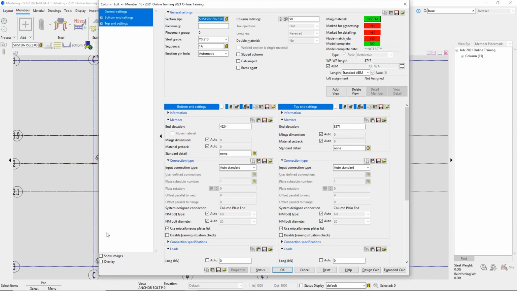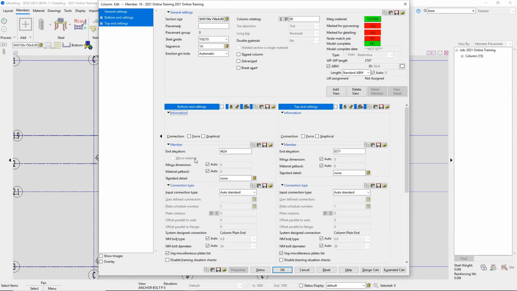If that was turned on, every time you would locate a column, it would launch this member edit window. And then this is where you can go through and edit anything about this column. You can see your member end elevation for your bottom, top settings, and we will look through this window here in a second. For now, I'm just going to cancel out,